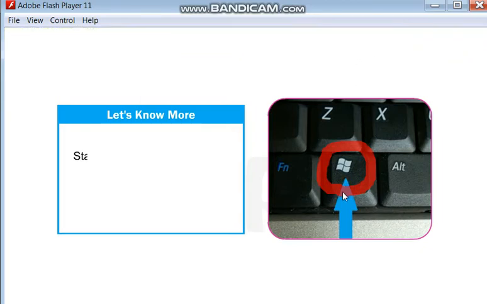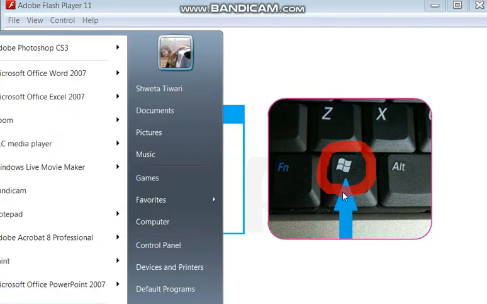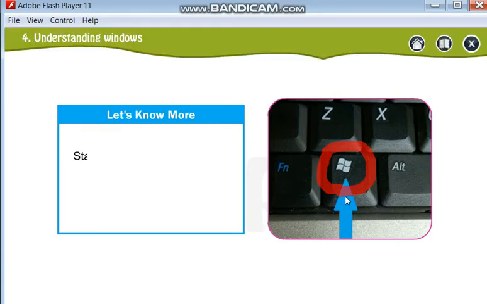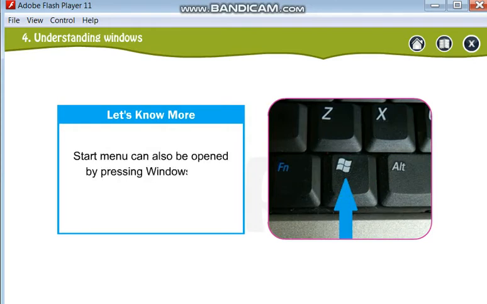See, I am going to click on my Windows key. What will happen? My start button will open. Again I am going to press it, so it will close. So instead of directly clicking the start button, you can press the Windows button on the keyboard. The start menu can also be opened by pressing the Windows button on the keyboard.